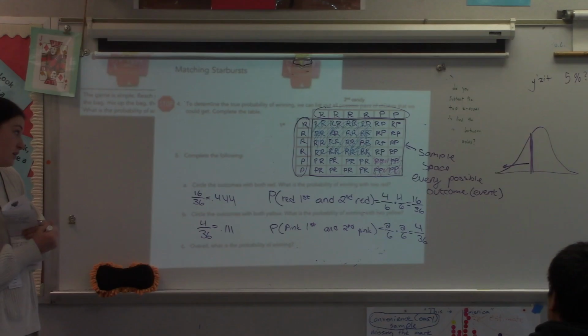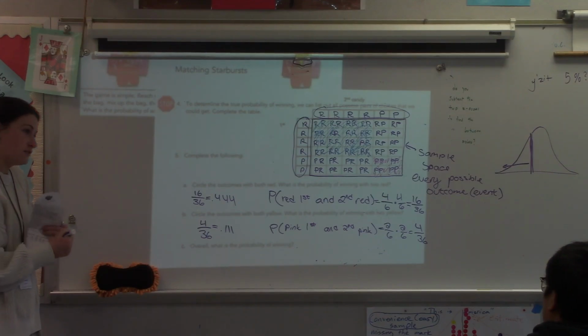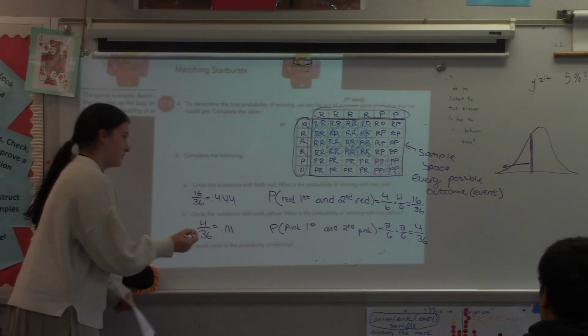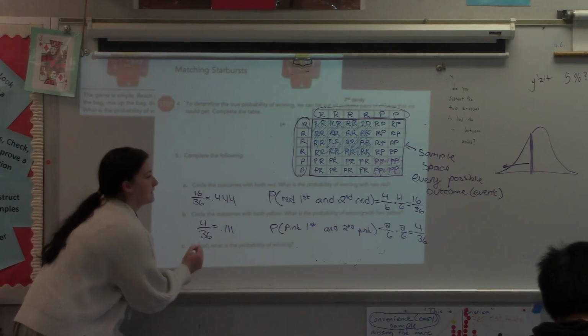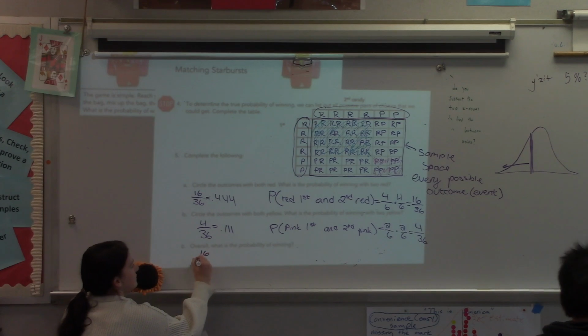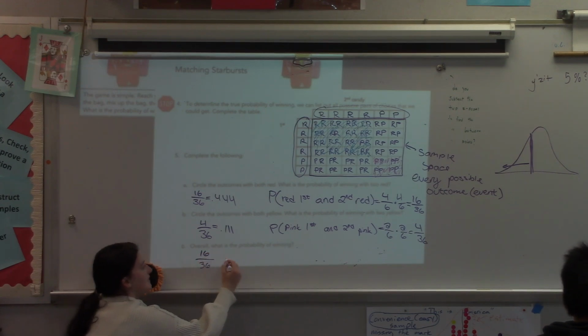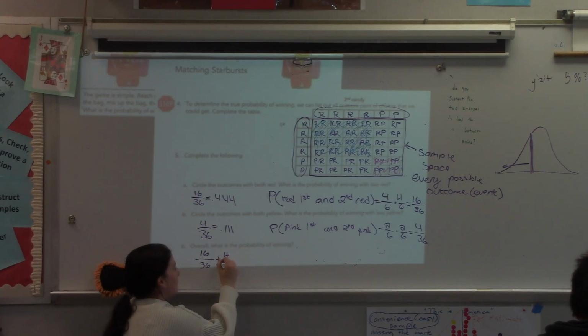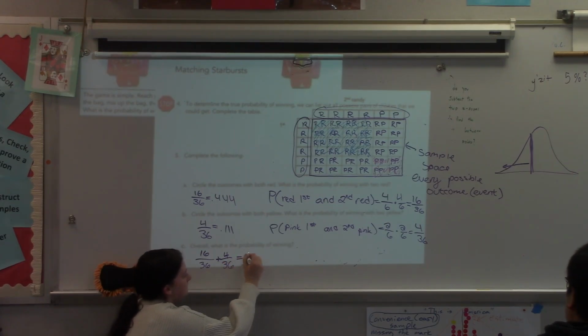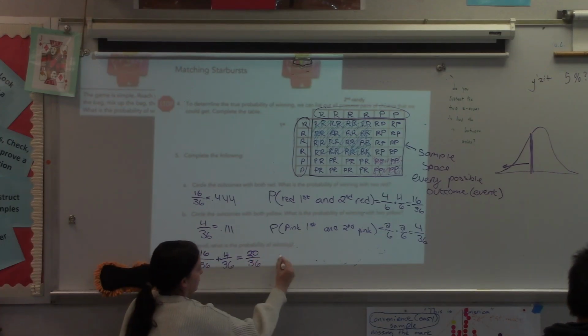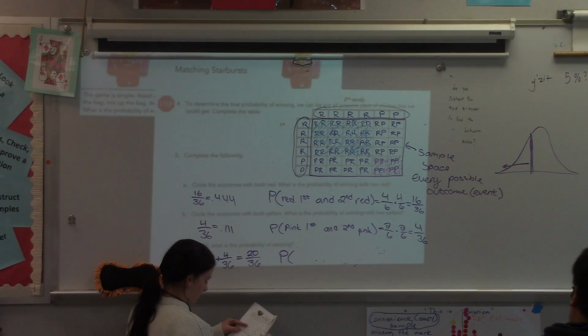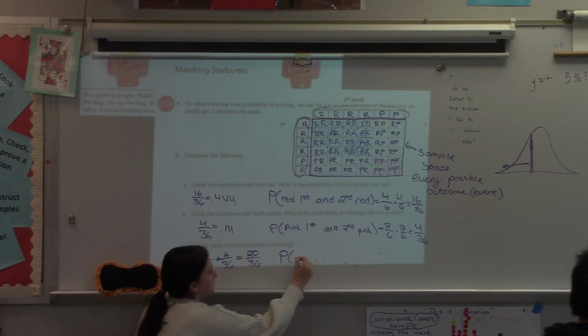How do you do that? We add them, right? So we have 16 out of 36 plus 4 over 36. That gives us what? 20 over 36. Now, if I were writing this the same way here, the probability of winning red,